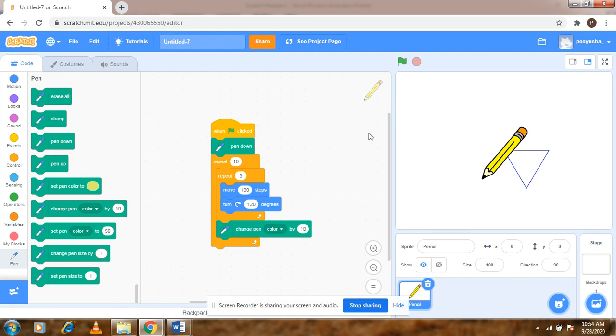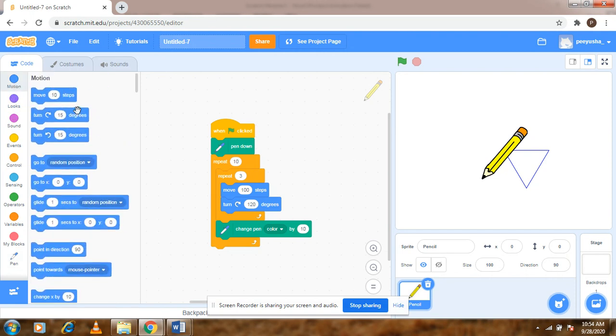I want them to be moving, for which what I'm going to do is go to the motion category, pick the turn 15 degrees, and turn my triangle to 4 degrees after each triangle. So now since the degrees that I've used to turn the triangle is 4,